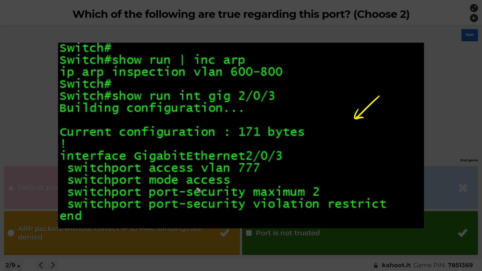So here's what I know from this output, which I created. In the running config, it's doing IP ARP inspection for VLAN 600 through 800. That's enabled. I also see from this output that this interface, gig 2/0/3, which is the port in question, is associated as an access port in VLAN 777. That means ARP inspection is enabled on it. So that means this yellow answer down here, ARP packets that are sent in from a device on this port,